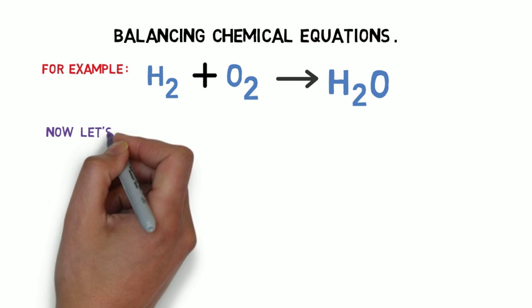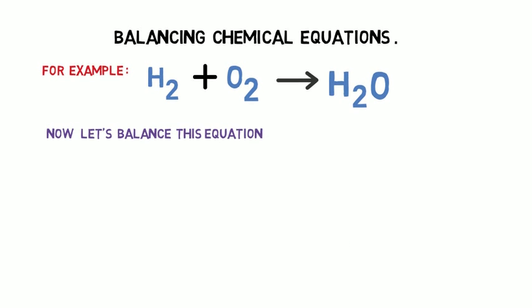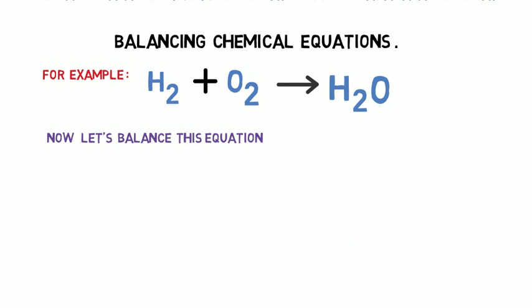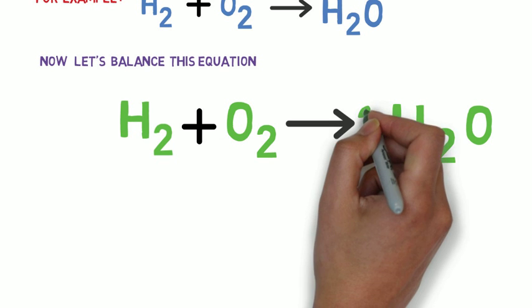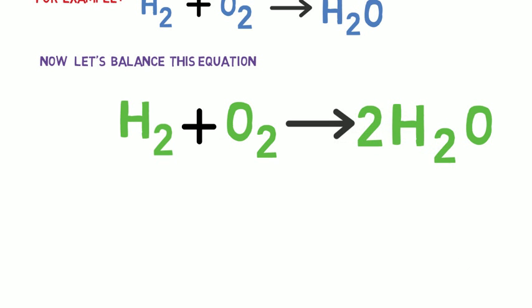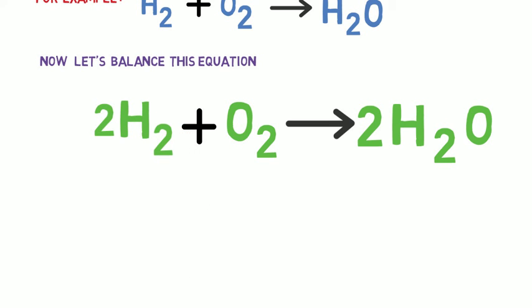Now let's try to balance this chemical equation. It isn't too tough to balance this chemical equation, but let's go through how to balance it. Now on the right side we have only two hydrogen atoms and one oxygen, so we can put a 2 so that it becomes 4 hydrogen and 2 oxygen. Now the oxygen atoms are balanced, but hydrogen is not balanced, so we put another 2 in